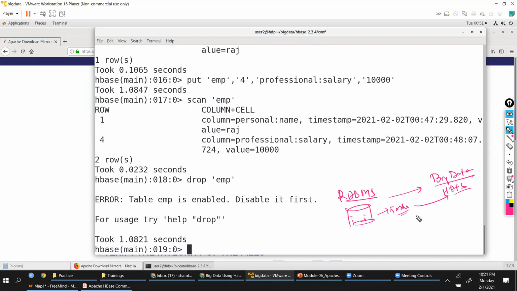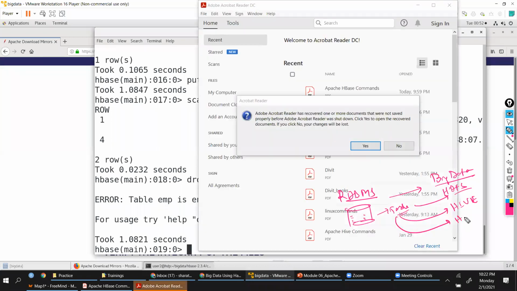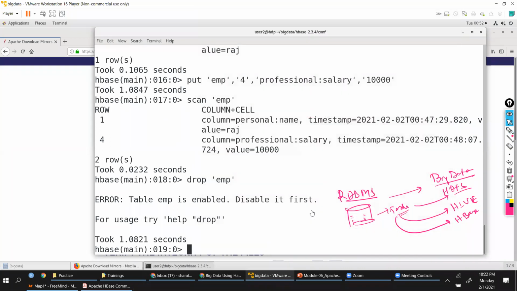Or I can also move this table to Hive tables. Or I can move this to HBase also. Right? So this is what your Scoop can do. So ultimately, Scoop is basically allowing us to move data between RDBMS and big data platforms.